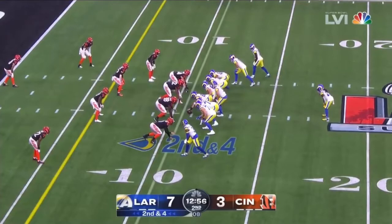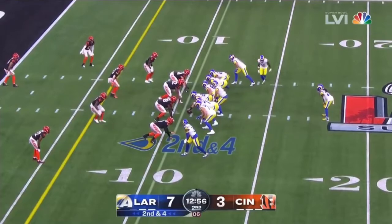See how he really changed the course of this Rams offense in this game against the Bengals. So I guess we'll start with this play here. This was his first touchdown catch of the game. And really, this is just Cooper Kupp, one, route running superb, but number two, finding the open space in the middle of the football field. Kupp's going to run this sort of route here to the back end of the end zone, and he's going to be wide open. And this is actually a great play call by the Rams, trying to get Kupp open